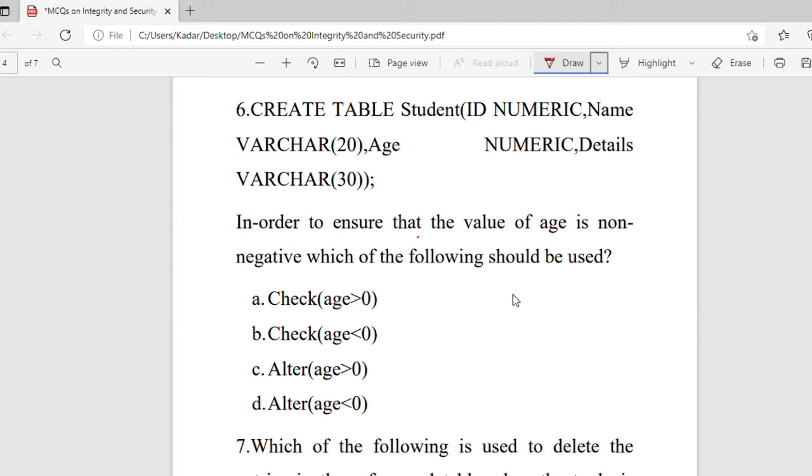The options are check age greater than 0, check age less than 0, alter age greater than 0, then alter age less than 0. Here they are asking to ensure the value of age is non-negative, which means positive. So the right option for this one is check age greater than 0.